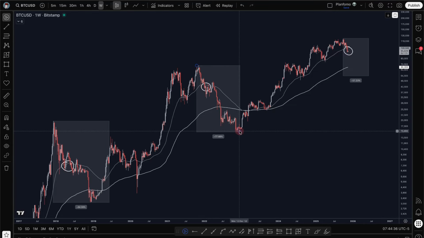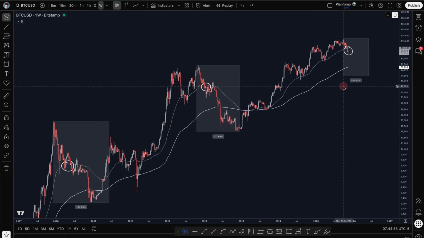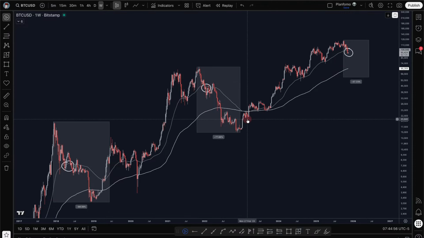Right now, after we found the bottom from approximately $14,000, $15,000 Bitcoin, it took us 1,043 days. So the correlation of this timing, the whole timing of the market, is there. And I cannot ignore it, and I cannot think any other way than that maybe the $125,000, $124,000 top was in. And right now, when we went below the 50 moving average, the 50 EMA, every single candle, first of all, we're